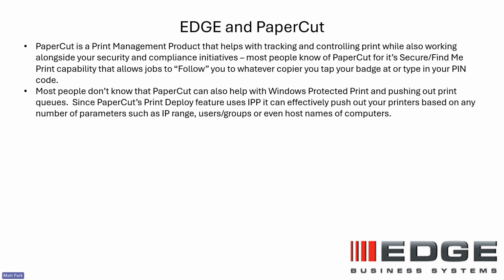But what a lot of people didn't know is that PaperCut can help with Windows Protected Print by pushing out your print queues, since their Print Deploy feature already uses the IPP protocol. When PaperCut's Print Deploy agent, which sits on every computer as an endpoint, pushes out printers, those printers are being pushed out as IPP printers. Okay, so PaperCut gives you that easy way of facilitating that move to WPP by pushing out print queues wherever